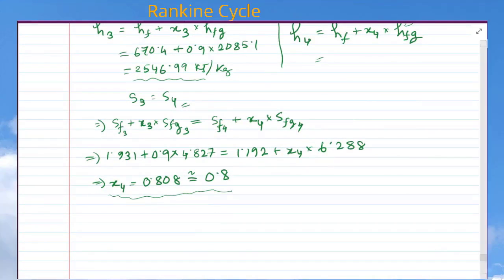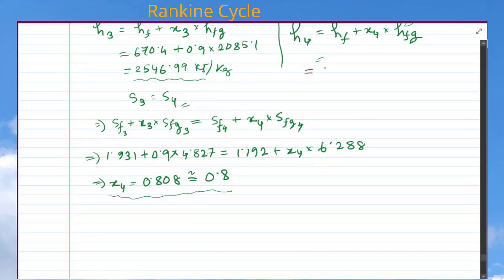H4 will be equal to HF, the value of which we already got from the steam table, that is equal to 276.2 plus x4, the dryness fraction 0.8 that we just calculated, multiplied by 2283.3, and this calculation, if we complete it, we'll get